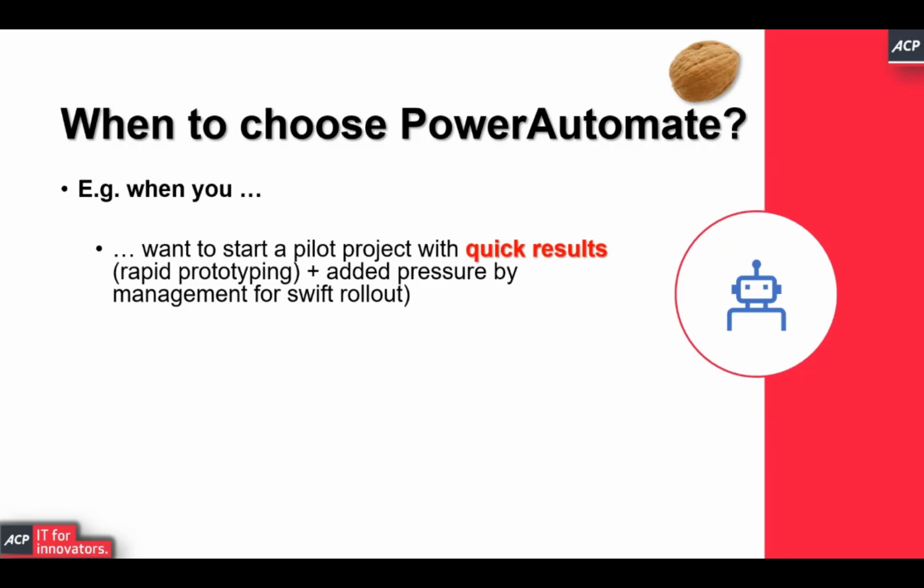So when you have to do rapid prototyping, when you have a lot of pressure by management, by different people who have a stake in this, where they just need to see things very quickly, or even to get to a stage where they need swift and quick rollout, then Power Automate is perfect because it's based in your tenant, in your architecture, and you can get from 0 to hero within a very short time span.